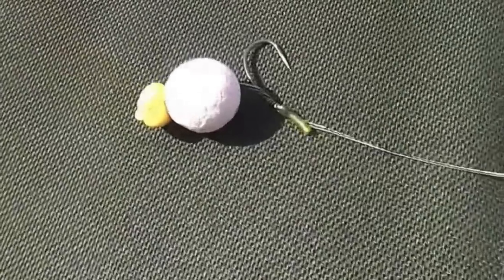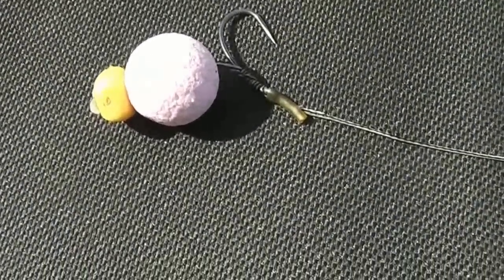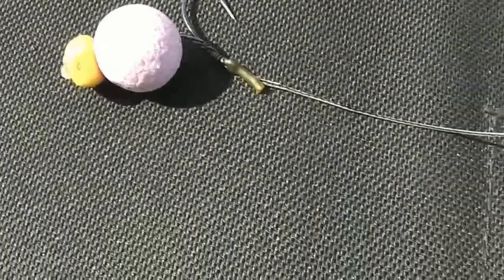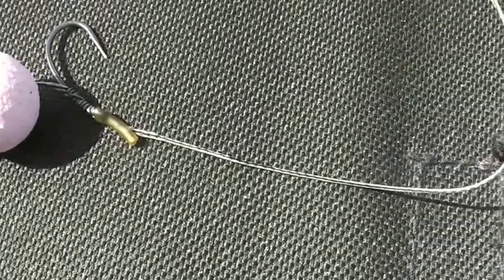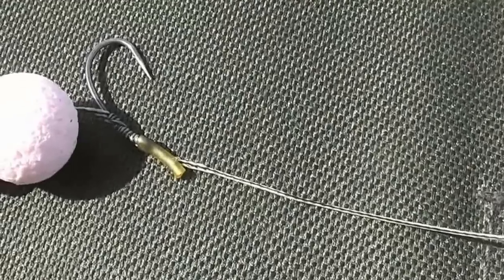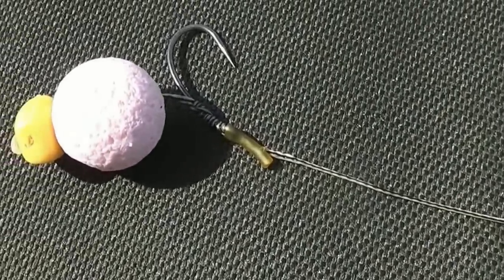As you can see there, that's the hook bait. That's one of the new Nash Citrus bottom baits, just taken straight out of the bag, and then I've got a piece of mutant corn on the end which just counters the weight of the hook, because the hook that I'm using today, as you can see, is quite a large hook. That's a size 6 Fang X,